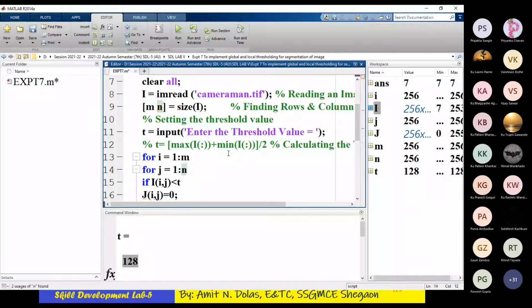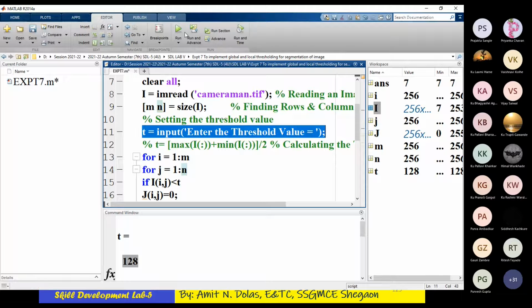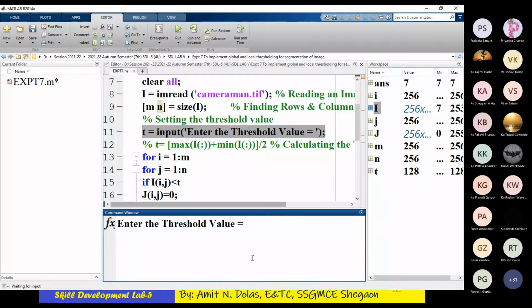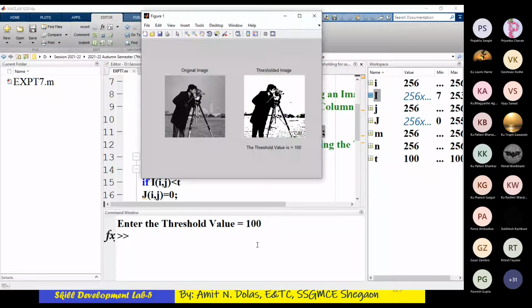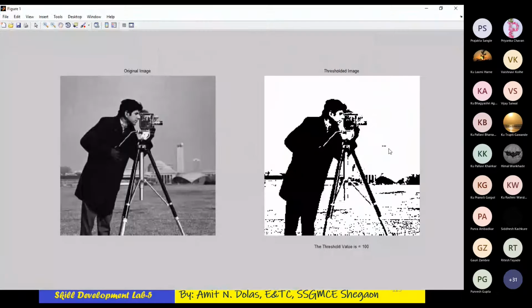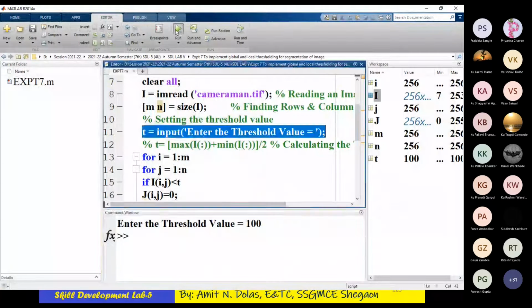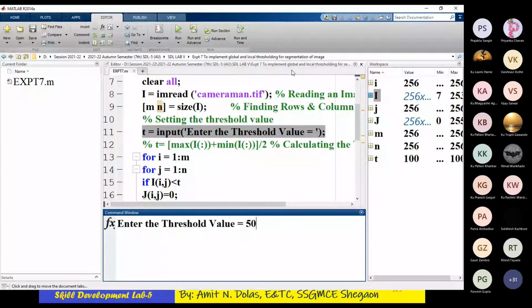Instead of using the formula I mentioned, T is equal to input, enter the threshold value. Manually we have to give the threshold value. So I will enter threshold value 100 only. Check the result. I'm changing one by one. Again, I will rerun the code. I'll say threshold is 50.